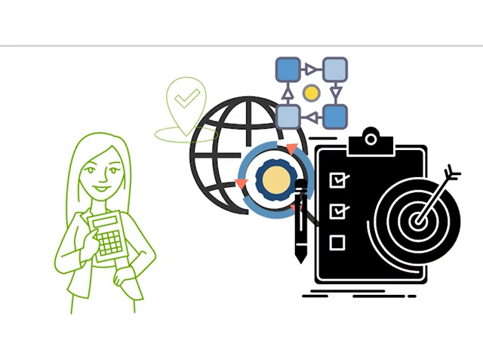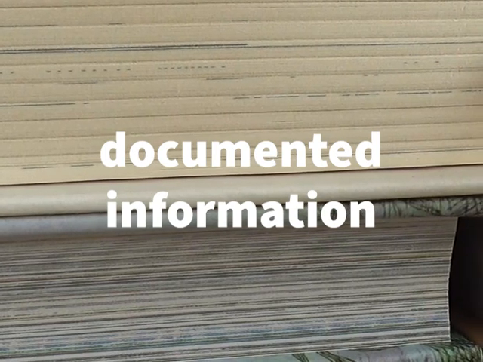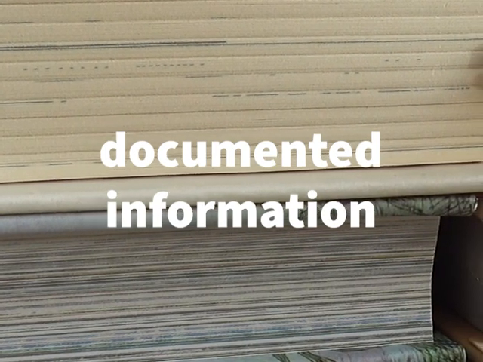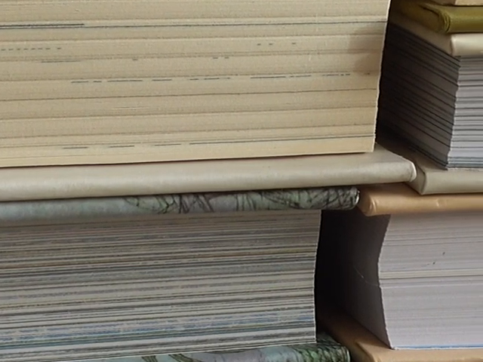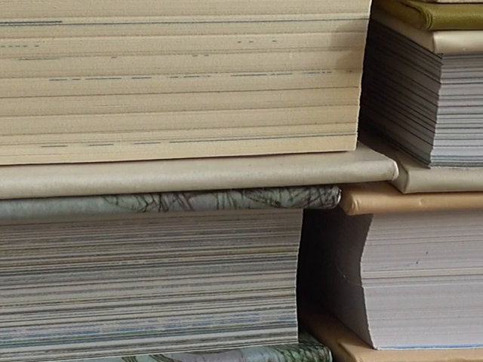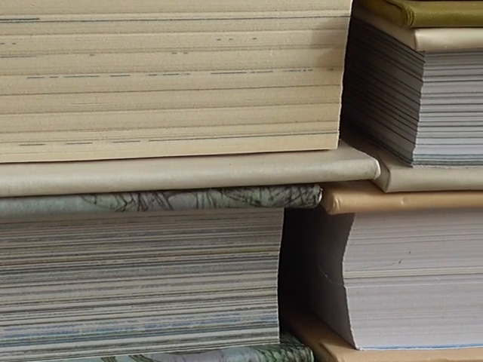The standard often refers to documented information. The standard understands this to mean information that is managed and maintained. This can be in electronic form, for example in the form of a text file, but it can also be in paper. For certain information, ISO 14001 now specifies that it must be available as documented information.